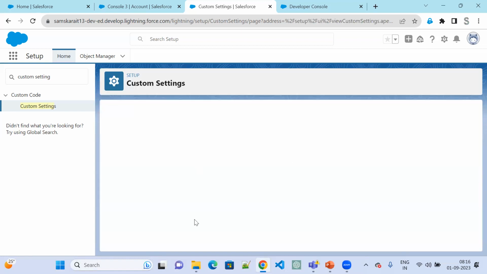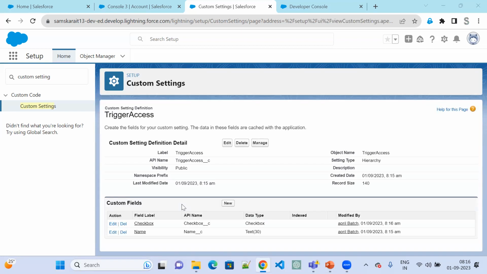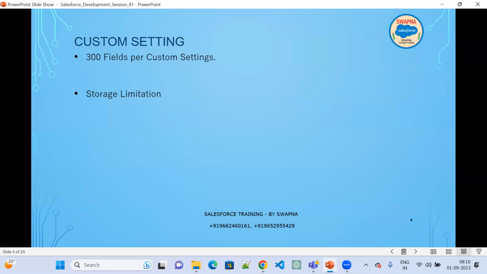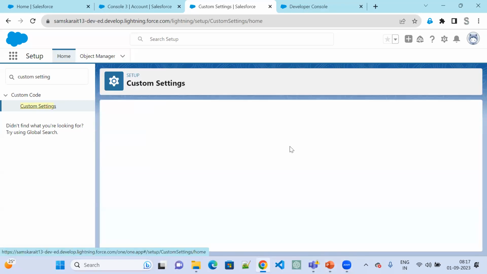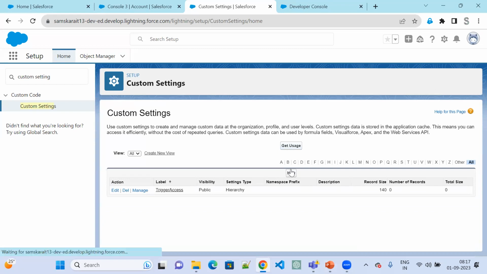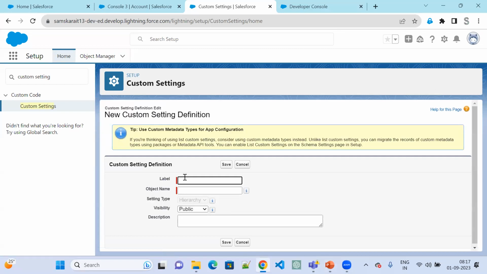Now like this, how many fields can I create in custom settings? We can create a maximum of 300 fields per custom setting. So what I have done is clicked on the custom setting and the new button. Once you click on this new button, you have to give a label, object name, and setting type. Setting type is by default hierarchy. If you want to enable the list type, now search here,